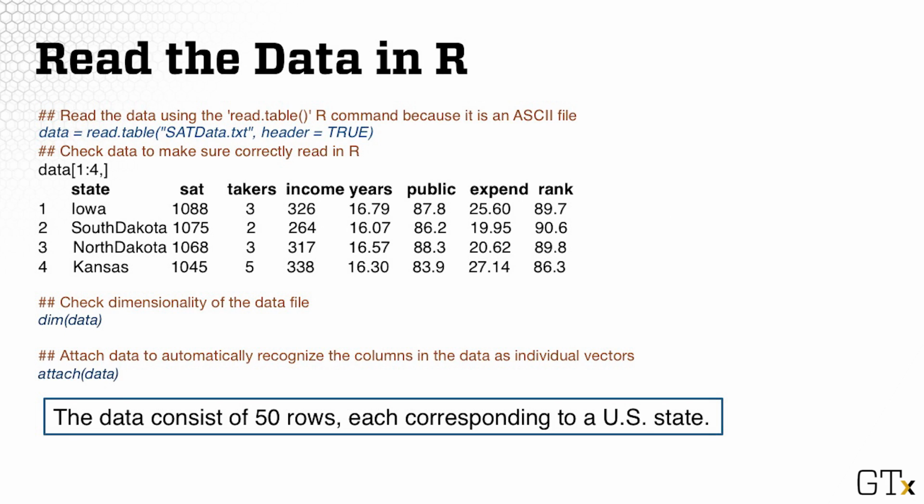We'll first read the data in R using the read.table command, where we need to input the file name and specify that the columns in the file have a header. In order to check the data, I print out the first 4 rows of the data, and you can see the columns in a data matrix. We can check the dimensionality of the data file, which consists of 50 rows, each row corresponding to a U.S. state. We will attach the data here in order for R to automatically recognize the columns in the data as